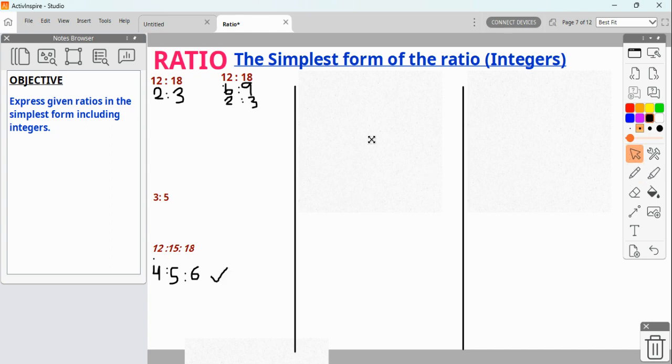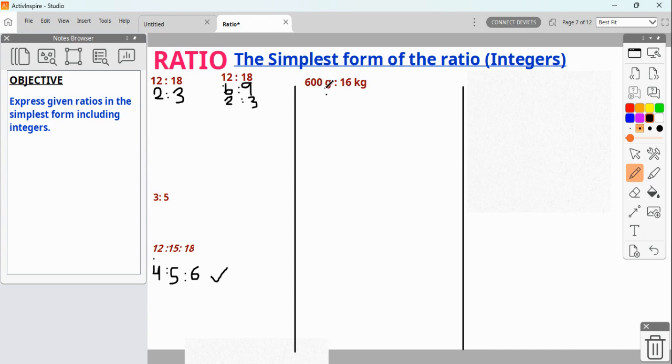Let's move to the next example, that is 600 gram ratio 16 kilogram. Sometimes we may have units also given with the integers. So how to solve it? Here we have been given the unit gram on this side and the unit kilogram on this side. We know very well both are units for weight, but here we have gram and kilogram. First we have to make the unit the same, and only then can we write this ratio in the simplest form.